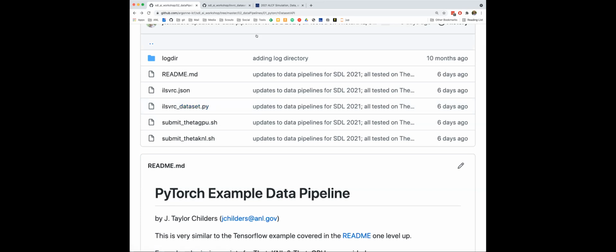So, any questions? Yeah, Taylor, in the PyTorch example,